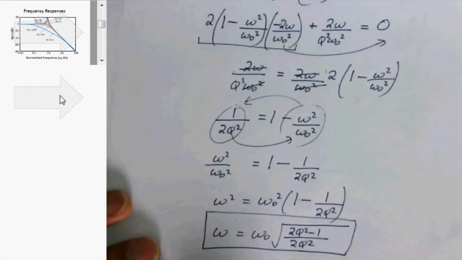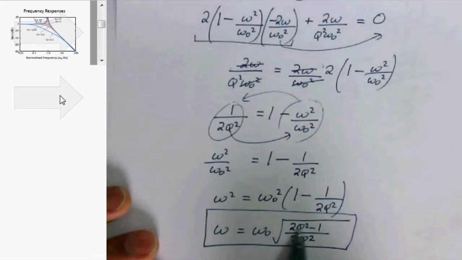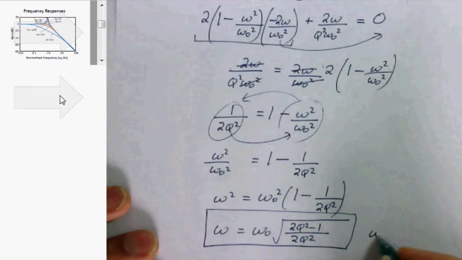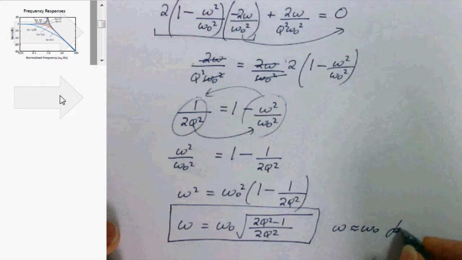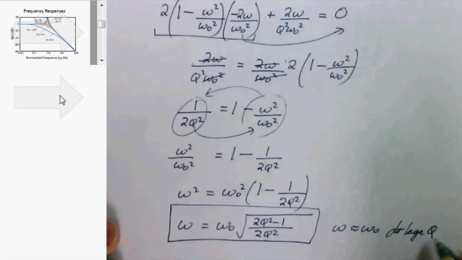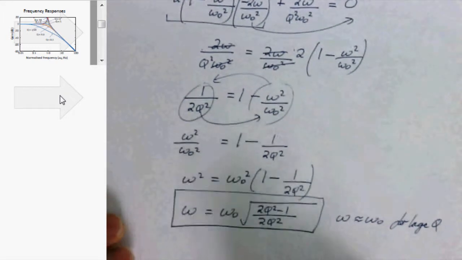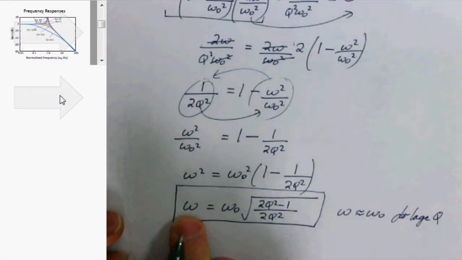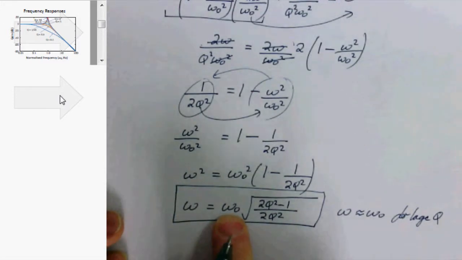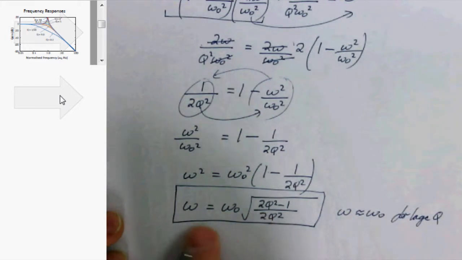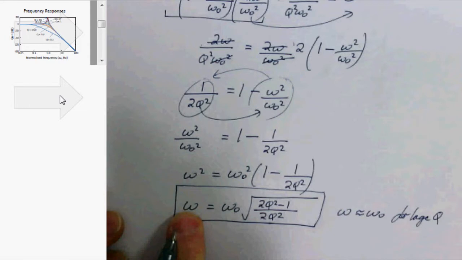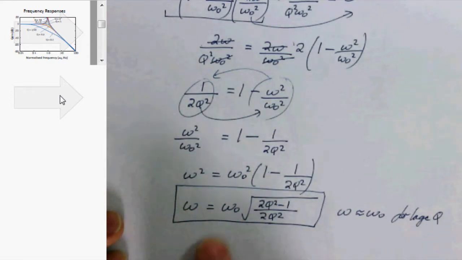Note that for large values of q, where 2q squared is much, much bigger than 1, this will mean that omega is approximately omega naught for large q. For big values of q, the maximum does occur at or very close to the resonant frequency, but for smaller values of q, the maximum is actually at less than the resonant frequency, slightly before you get to the resonant